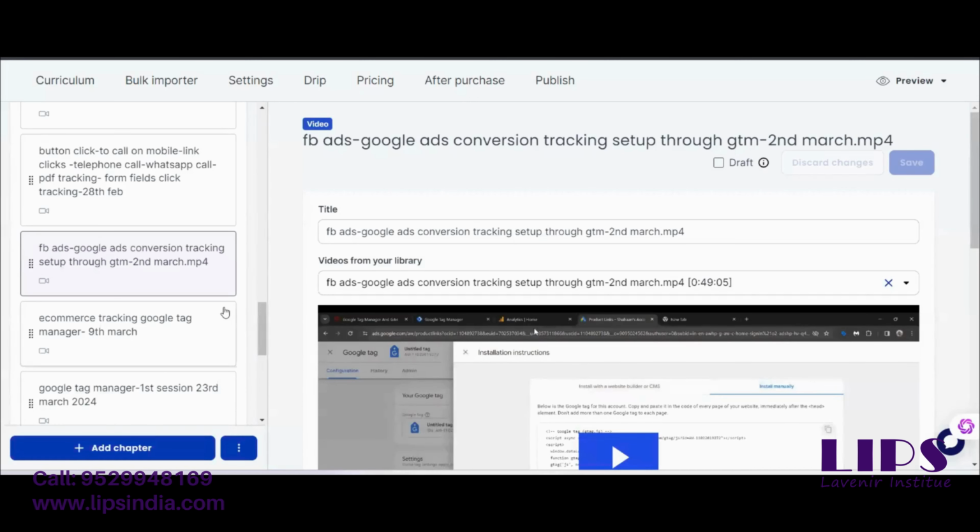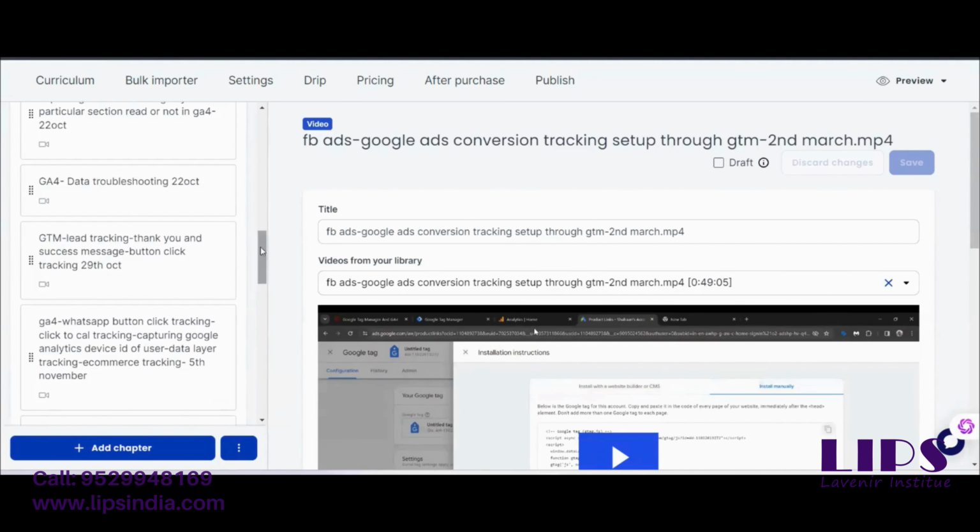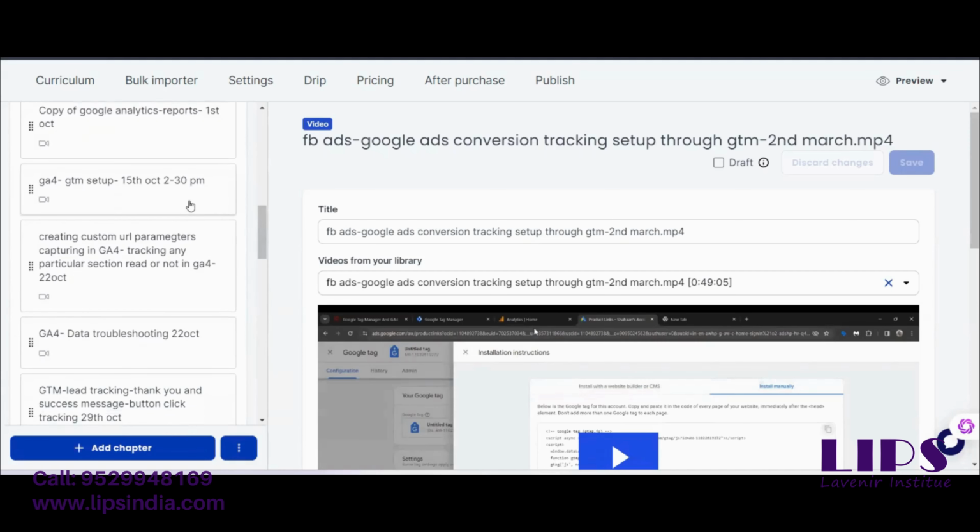You will also have access to all recorded sessions in our learning management portal which you will have access post completion of the